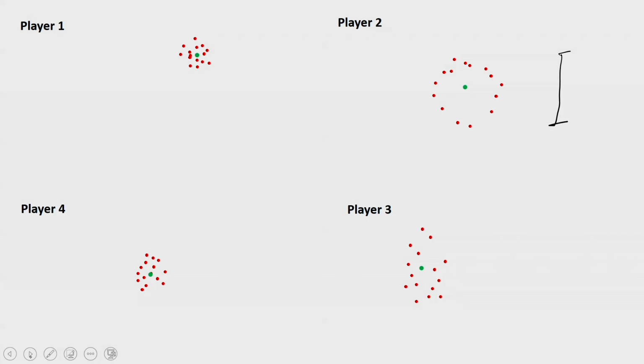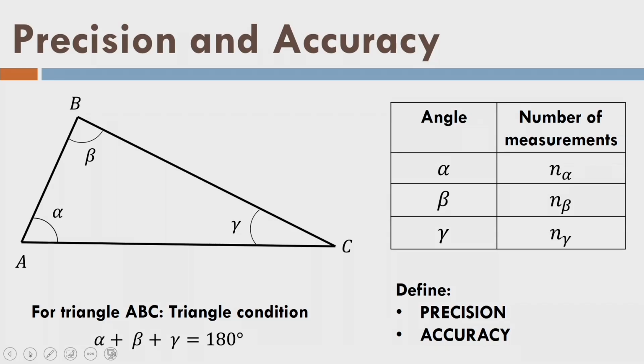So can you tell with these observations? You can still find out the precision, but can you tell me who is the most accurate here among the 4? You cannot tell any information about the accuracy because you do not know the true value. You already know the mean value, you already know the precision value by the standard deviation, but still you do not know the true value, and so you do not know the true error, and so you do not know what the accuracy is. That's the fundamental flaw in this example. Okay, but it's good for understanding the concept. So let us now derive what accuracy is, what precision is, and what the relationship between precision and accuracy is.